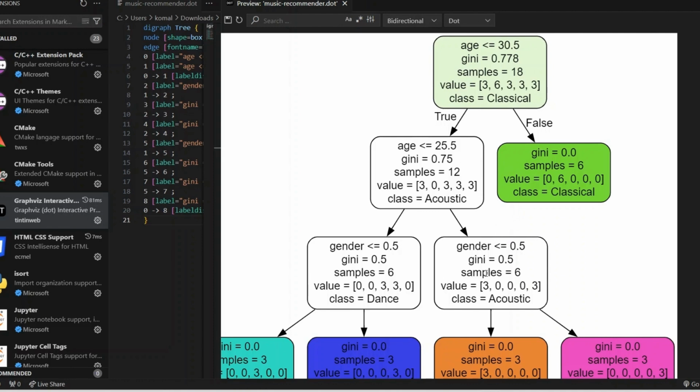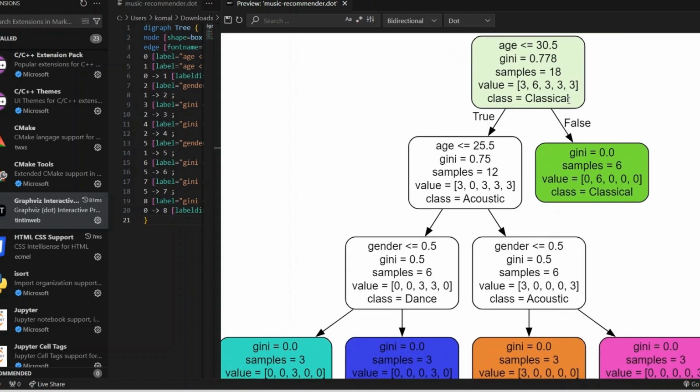Now we had written y dot unique. That is why it is displaying the class name. See everywhere, class names are written for each node. Then we have written feature names. So we can see the rules in our nodes. See, the different rules are there.